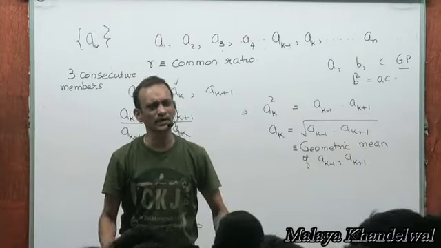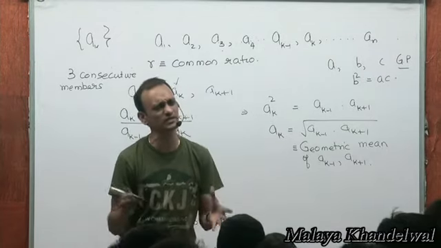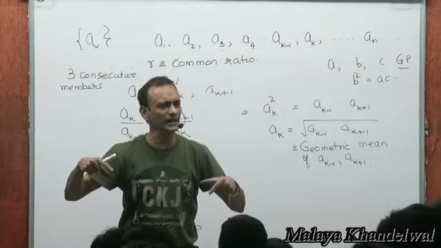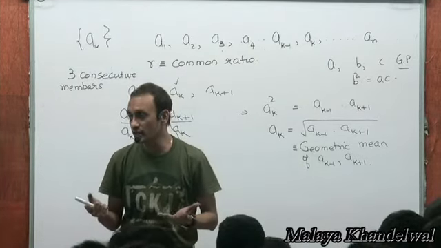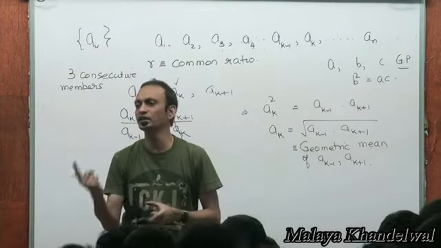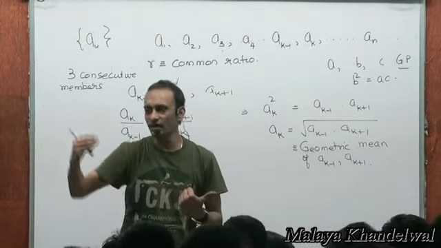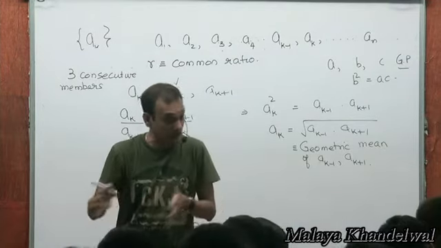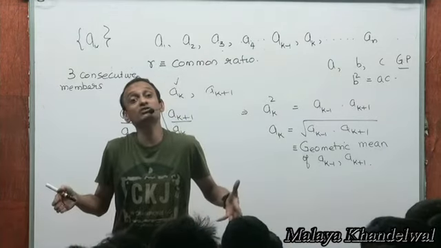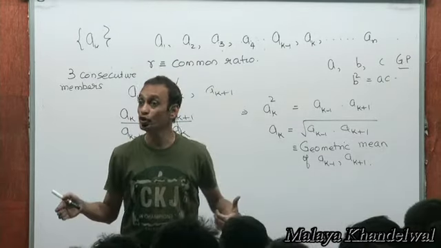The nth term of an AP, what an AP means, what the common difference is, a property which is like any term minus previous term is a constant, another property, sum of two terms equidistant from the beginning and end equal to a constant. That's true in an AP. In a GP, common ratio is a property, any term by previous term is equal to the common ratio, right? Common ratio greater than 1, it's going to be an increasing GP. Common ratio lying between 0 and 1, it's going to be a decreasing GP, right? If you take three consecutive members A, B, C of a GP series, then square of the middle term would be the product of the two neighboring terms.